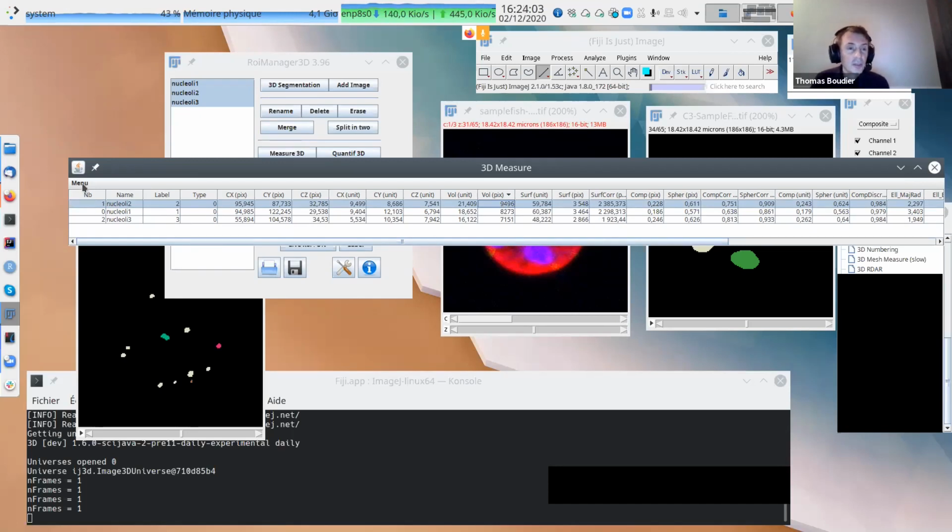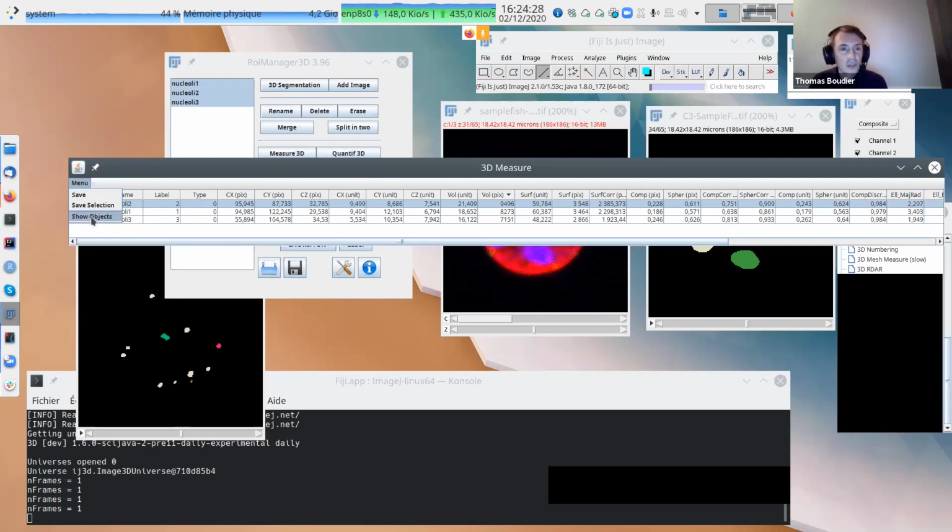So what you can do then is you can save all the measurements into a spreadsheet format, so you can open it with Excel and do your analysis. Save selection will just save the line you selected, if you don't want to save all the measurements. And show objects: let's say I want to see what is the largest object.